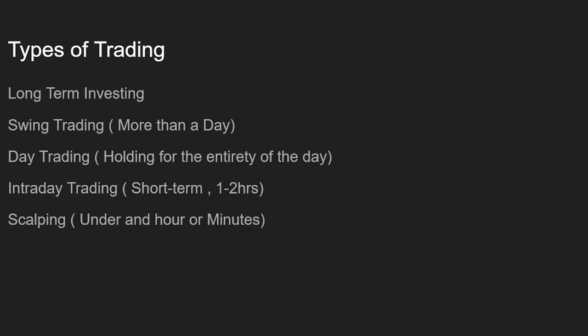Okay. Then you have your day trading, right? This is where you might buy in the morning, sell in the afternoon, or vice versa, sell in the morning, buy in the afternoon. This is where you're trading and holding maybe for the entirety of the day. Okay, so you're holding for the daily range of price fluctuations. Then you have intraday, which is inside of the day, right? Short term, maybe you're in and out of the market for inside of an hour, 2 hours. Kind of your middle ground for short term trading.